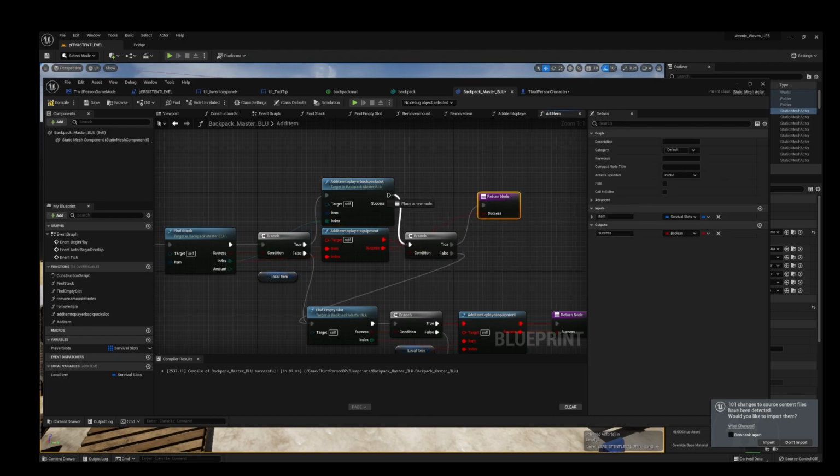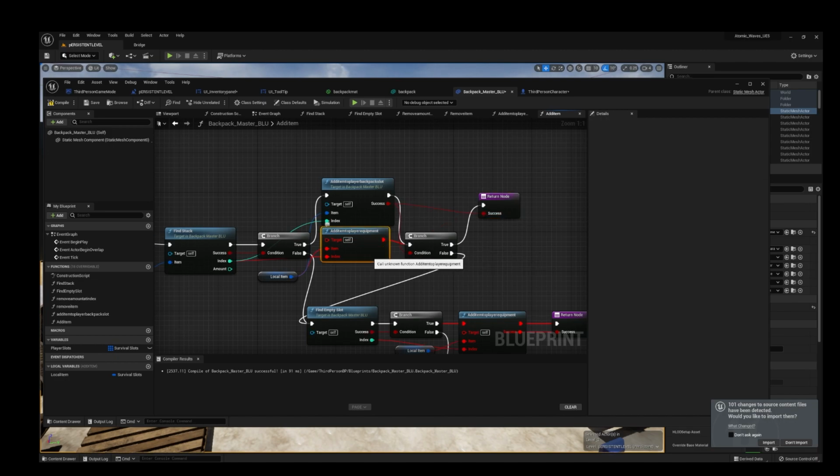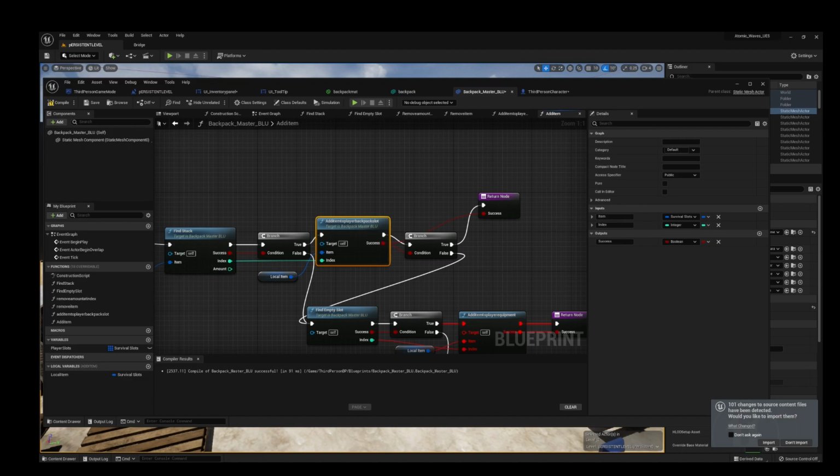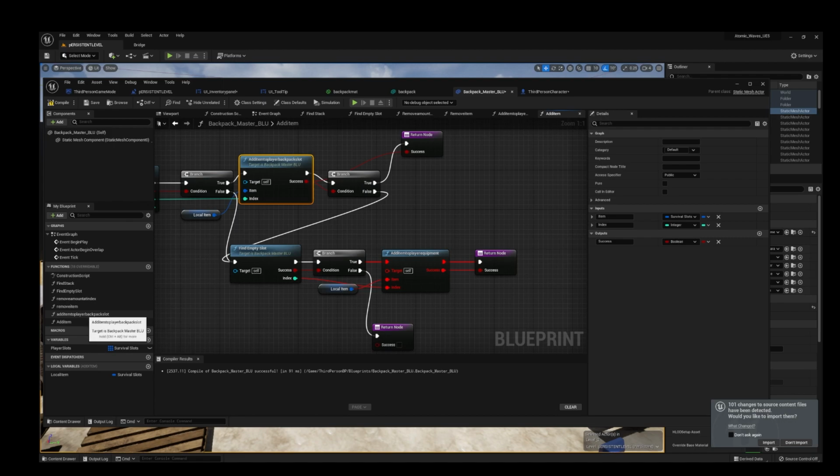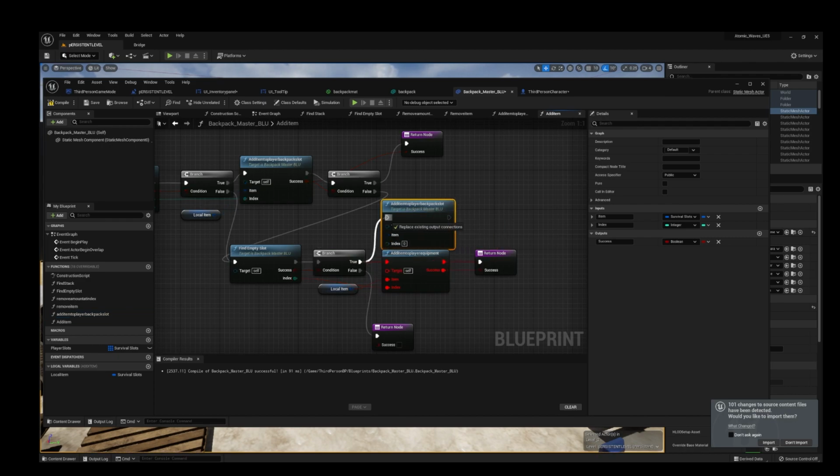What I'm then going to do is get this, bring it up to here. Success. We're actually going to bring the success to this branch and the success over here. And now we can actually delete the add item to player equipment here. We're going to delete this. Okay, and then it's the same thing over here. Let's go ahead and go to add item to player backpack slot. Grab that, get that function, connect the true to here.